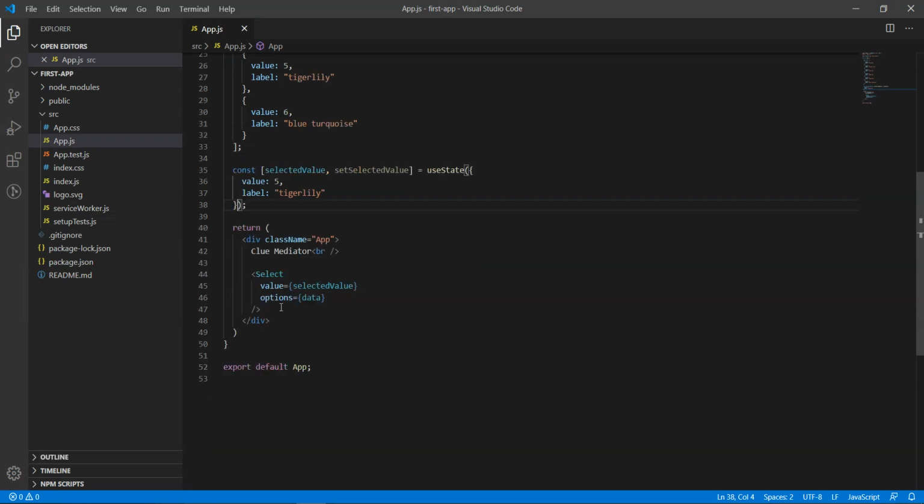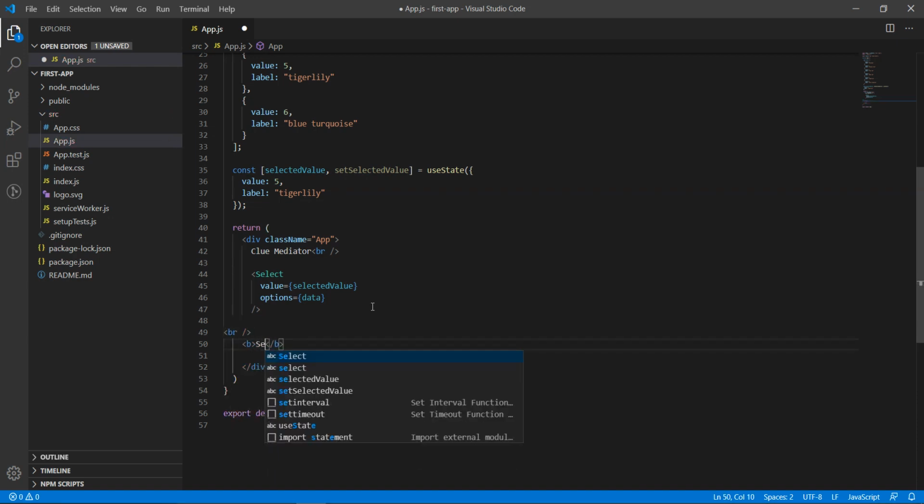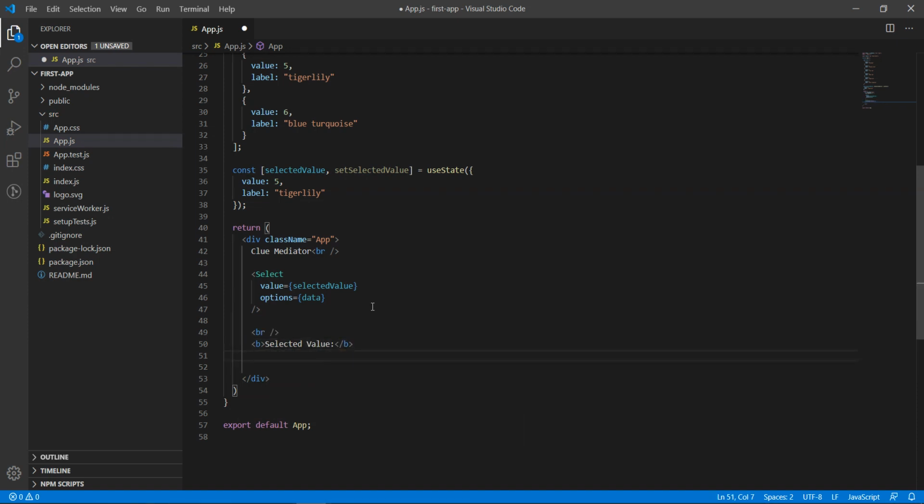Yes, it's working fine. Now let me display the selected value. For that I'm just writing a br tag, and then after it, the selected value, and displaying the selected value in a pre tag.